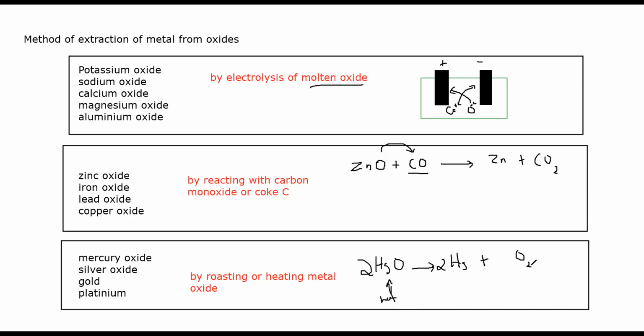So these are the three techniques which can be used. Look, electrolysis can be used for all, but we prefer it for more reactive metals because electrolysis will increase the extraction cost, or the cost to extract the substance. Extraction of metal, so more reactive, we use electrolysis. Those moderate in reactivity, we heat with carbon.